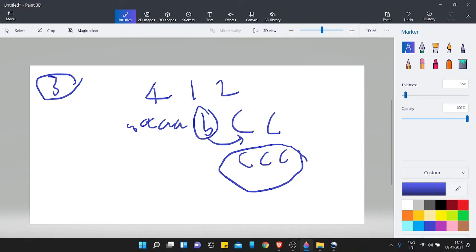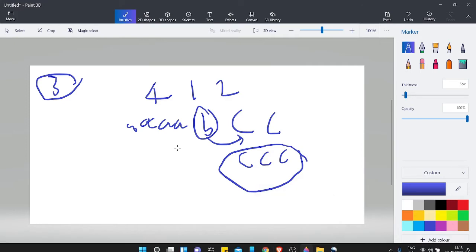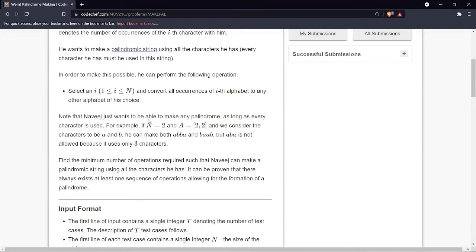This line is trying to tell us that we convert characters to make the palindrome. Note that Navaj just wants to be able to make any palindrome, as long as every character is used. For example, if n equals 2 and a is equal to 2, 2, and we consider the characters to be a and b, he can make both a b b a and b a a b. So there will be many palindromes possible, but